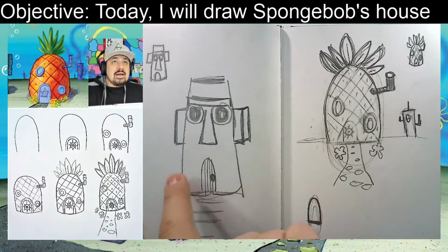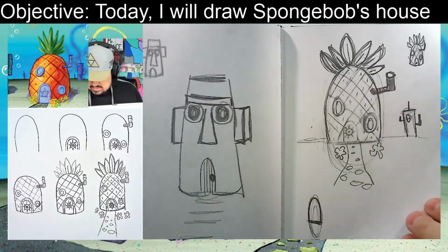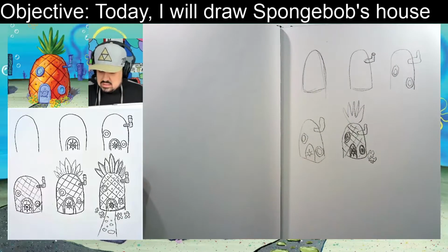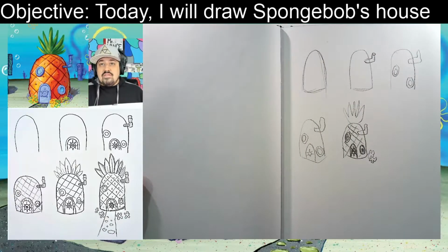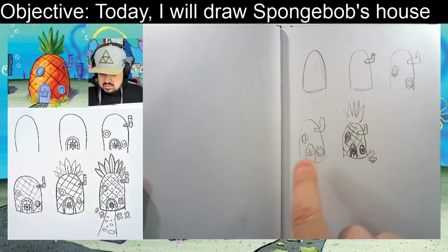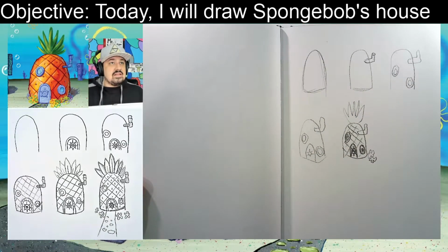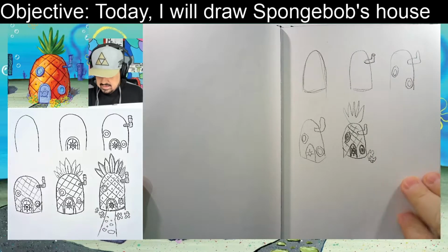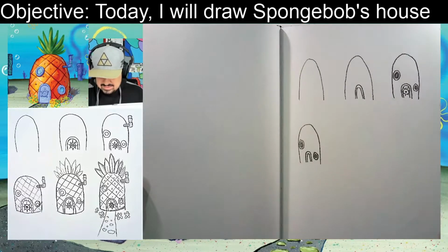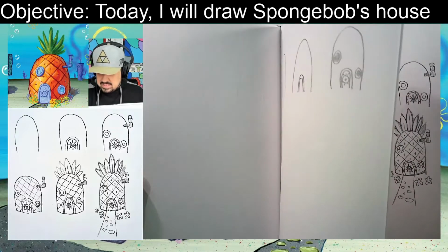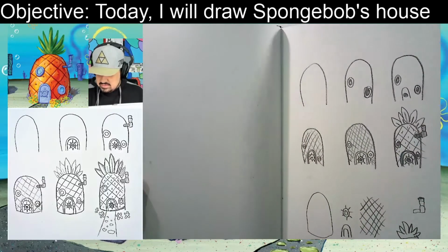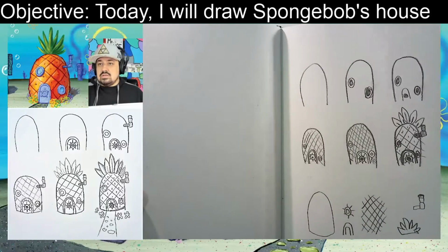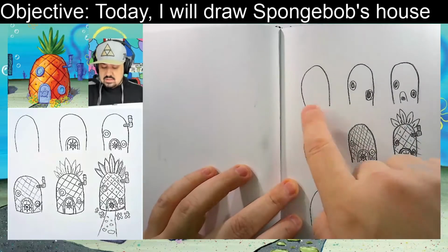And then I got Squidward's house. We'll work on that in the next video. Like I normally draw my videos, I tried to show each step, and you can see that on the side right down here. I messed up a bunch of times, but I got it together after a lot of tries. And so when I say I want you to notice some shapes, notice it's an upside down